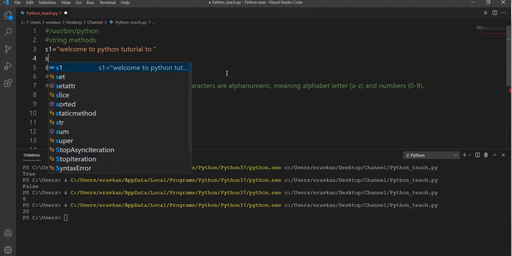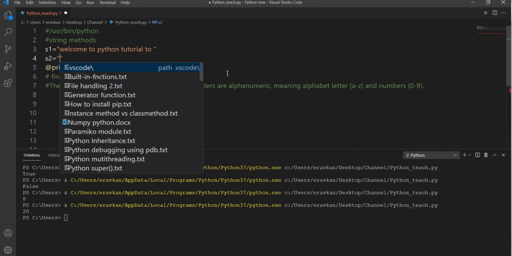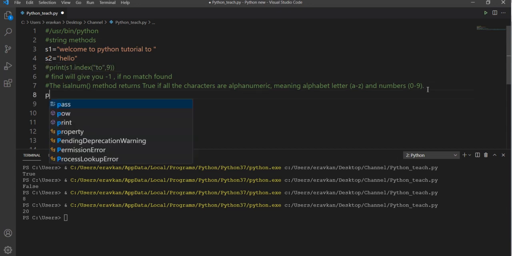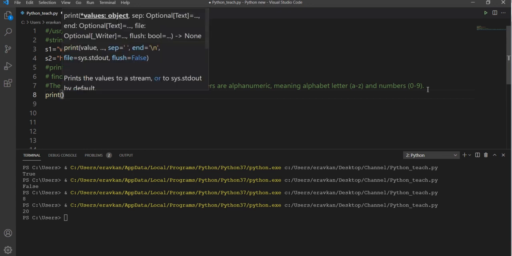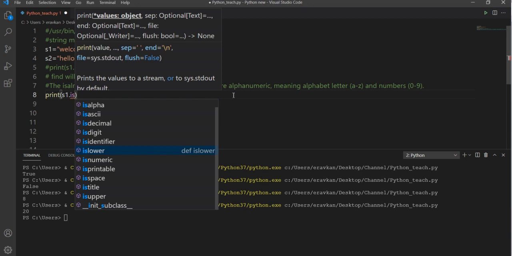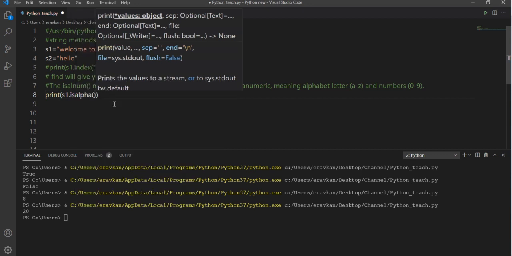Suppose I have S1 and S2, which is Hello. Now if I run print S1.isalnum, all the methods that start with "is" appear. I am once again explaining that it will give you true or false only.